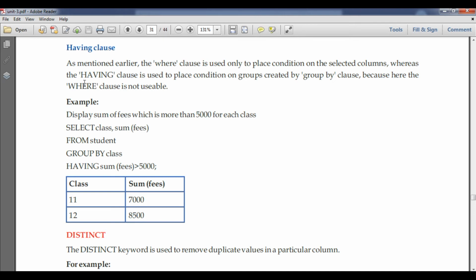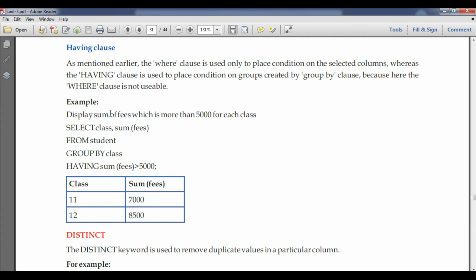That's why in place of the where clause we will use the having clause. As mentioned earlier, the where clause is used to place a condition on selected columns, whereas the having clause is used to place a condition on the groups created by group by. Because the where clause is not usable here, we will use the having clause.